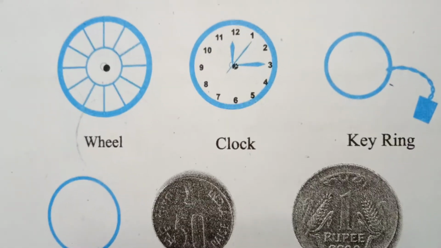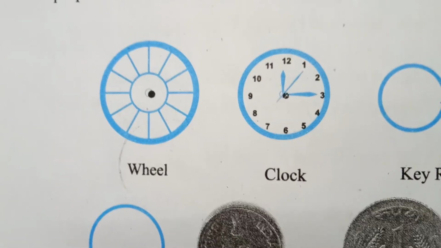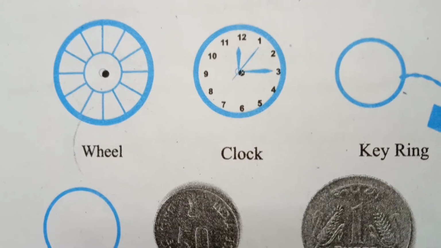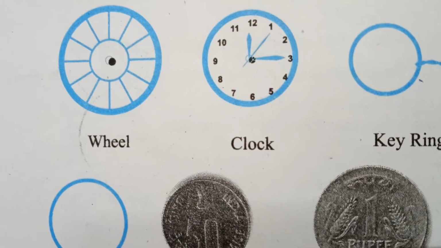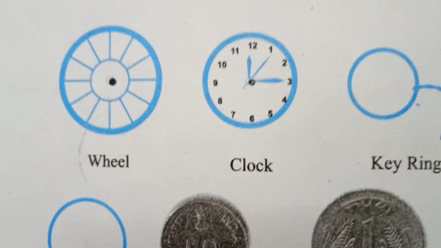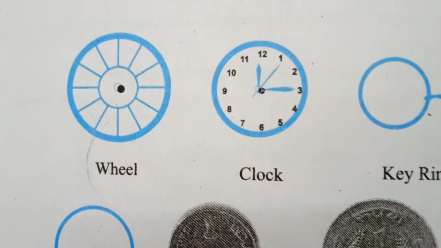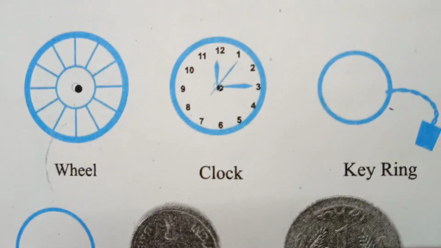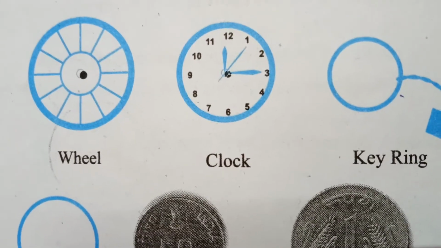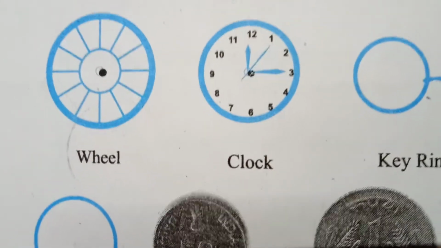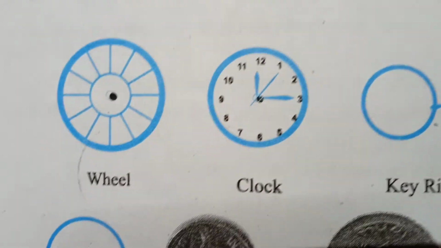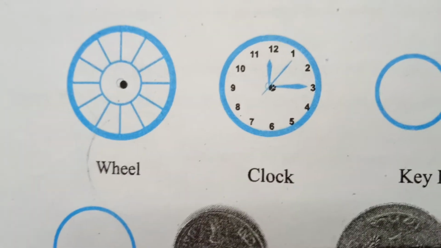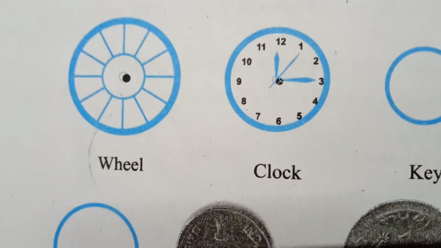We might have observed that the seconds hand goes round the dial of the clock rapidly and its tip moves in a round path. The path traced by the tip of the seconds hand in a clock is called a circle.